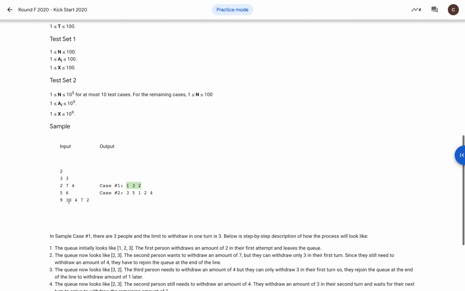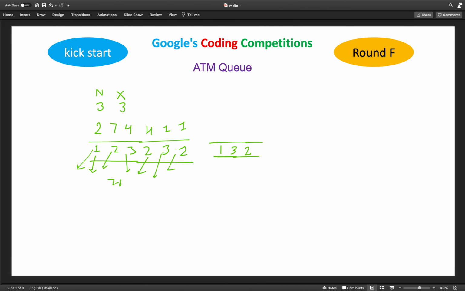In the second case it is 9, 10, 4, 6, 2. One of the simplest solutions is what we did right now. We just follow the steps: if the person needs more than X, we subtract X, put the person back into the queue, and keep repeating until all the persons get out of the queue.